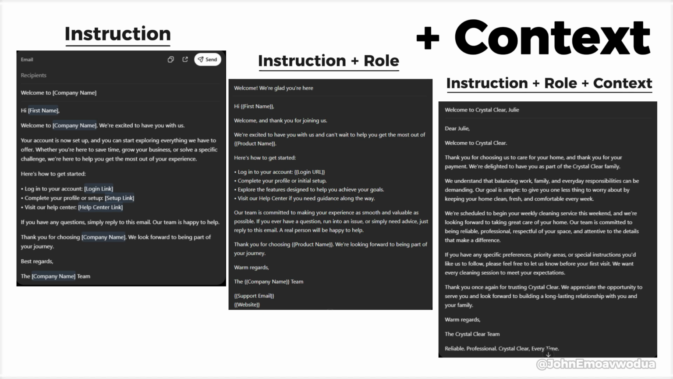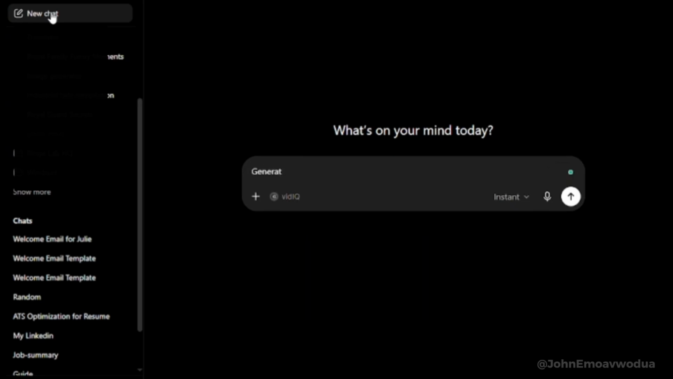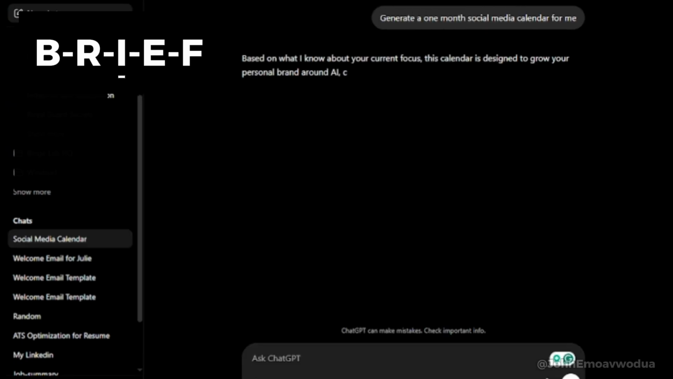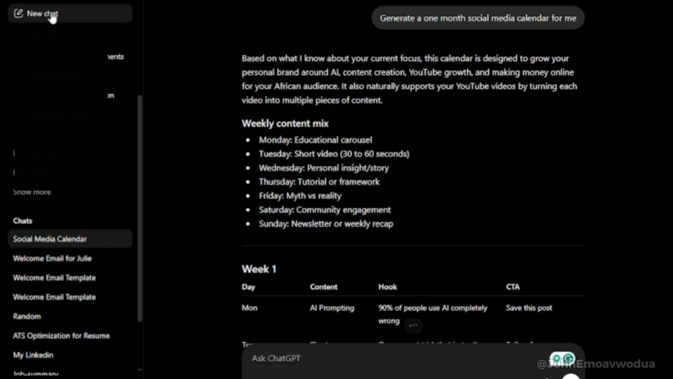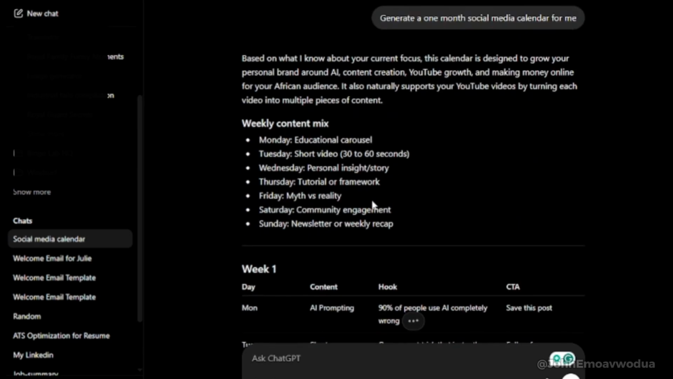Now, let's say you want to create a social media calendar. So what most people do is they just go to ChatGPT or Claude and write the instruction. So the AI will just get to work and start creating Wednesday, Tuesday, just like that. So this is okay, but imagine if you tell the AI software,